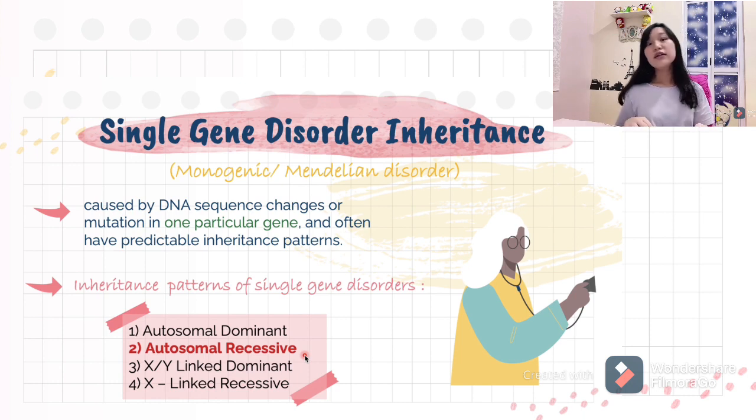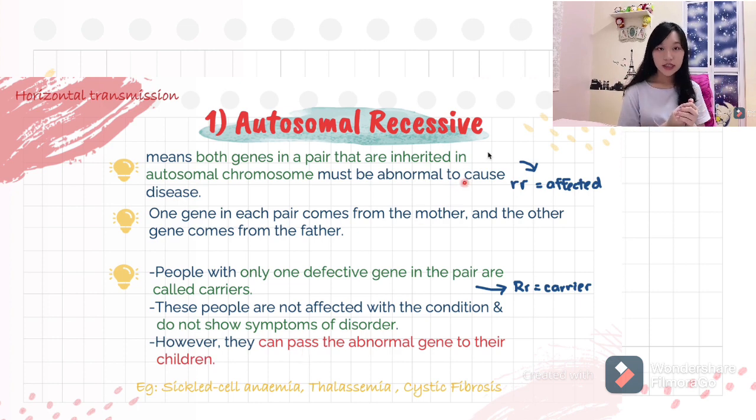In my later discussion, I'll be focusing on the autosomal recessive inheritance pattern, and I'll relate its differences from autosomal dominant to give you a clear picture of the difference between autosomal dominant and autosomal recessive. So for autosomal recessive, which is the mode of inheritance of thalassemia, both